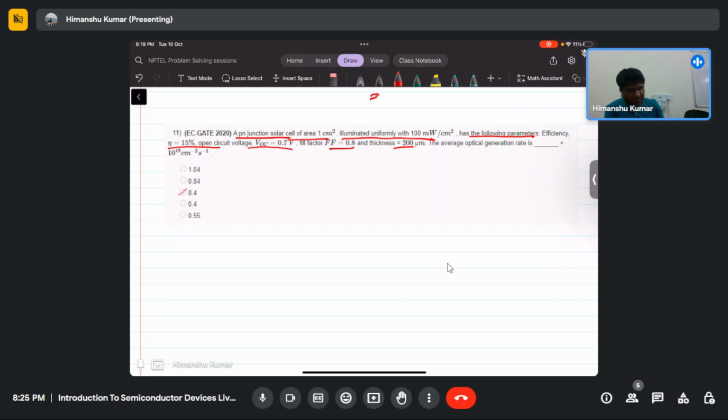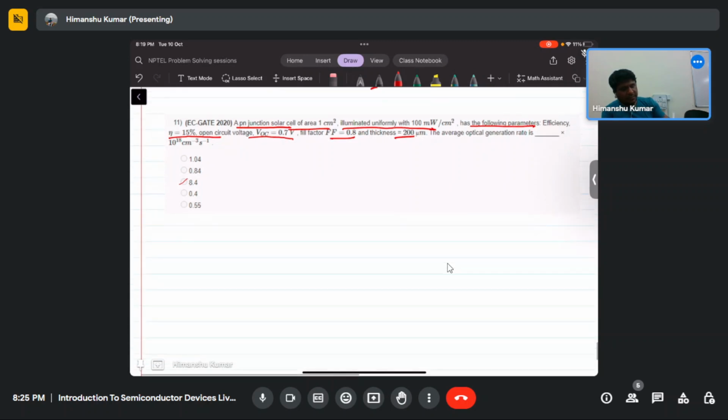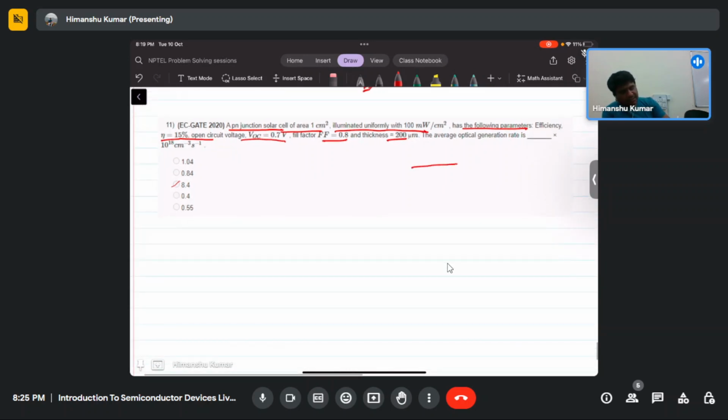So now first, let's say this is the thickness in the direction, we have put this I naught here, which equals 100 milliwatt per centimeter square. Now this photon will get absorbed, and I of x will be equal to I naught exponential of minus alpha times x. So this will be your intensity profile.